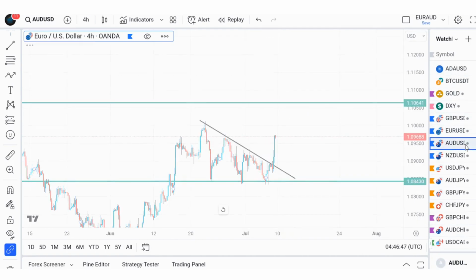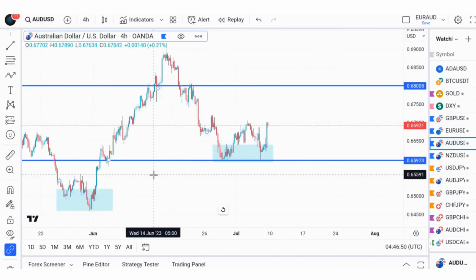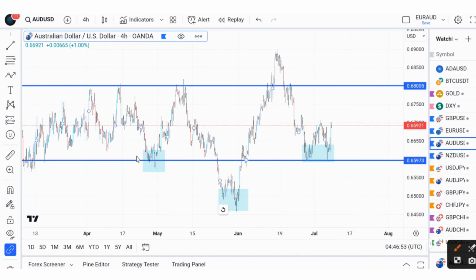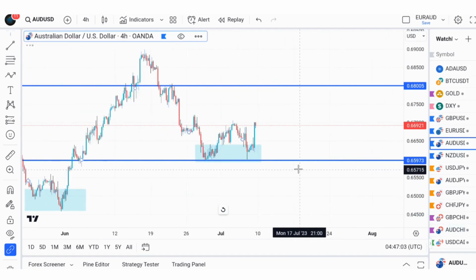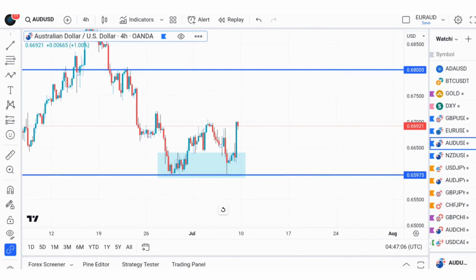So the next pair I want to check is AUD/USD. If you check AUD/USD in the 4-hour time frame, it has actually created something we call the head and shoulder, and then subsequently it creates a double bottom right here if you zoom further, which means that we might actually have more moves to the upside in the AUD/USD. So what I'm looking at right there is maybe we might have some retracement here, and then a more volatile move to 0.68005 right there. So that's what I'm looking at on AUD/USD.